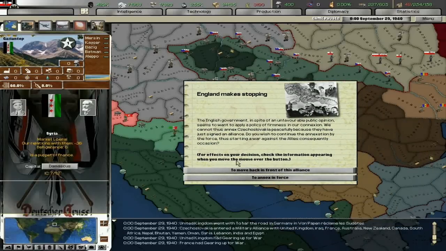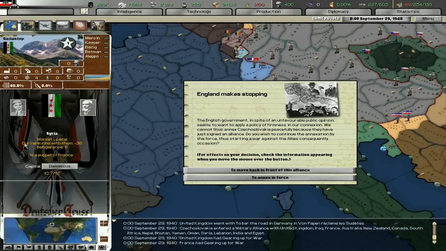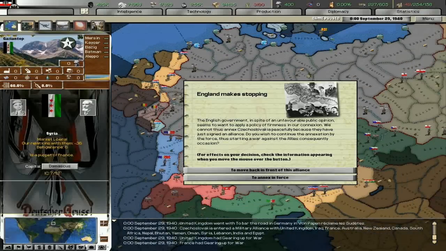Ooh, England makes a stand. Oh, the English government, in spite of the unfavorable public opinion, seems to want to apply a policy of firmness. Ooh. To move back in front of this alliance. Wow. If only they had done this before, then...